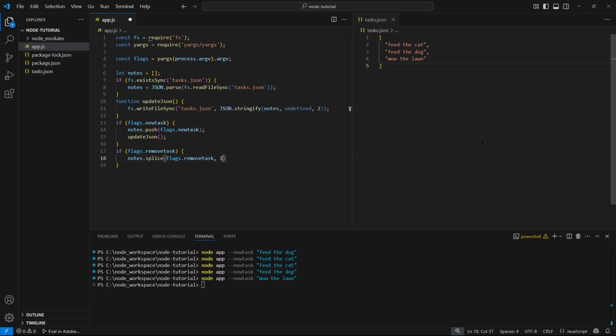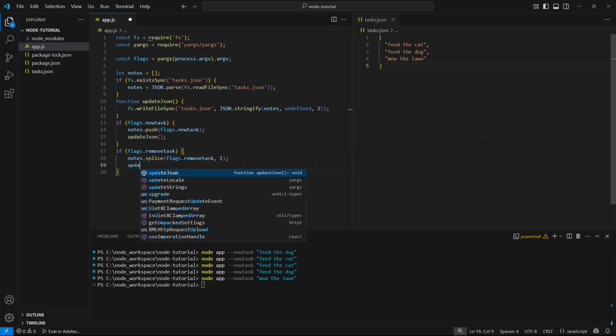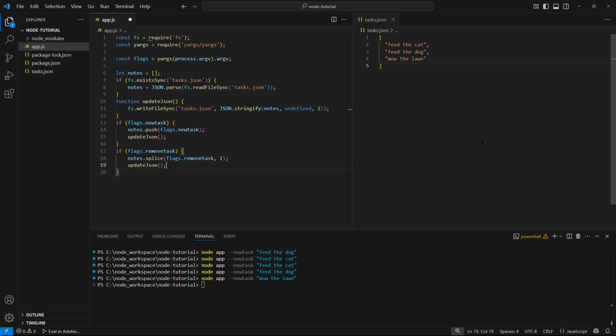Since we want to remove a single task before updating our JSON file, it's worth noting that command line parameters are always strings, and this includes when using the yargs package. Therefore, to use the value of the flag as an index, we need to convert it to a number first. Running the program while sending the remove task flag with a value of 1 updates the file and removes the